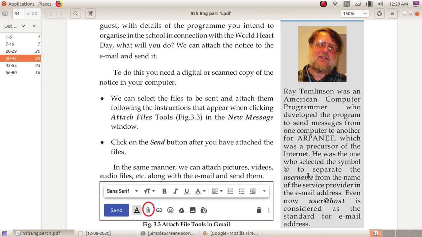He was the one who selected the symbol @ to separate the username from the name of the service provider in the email address.